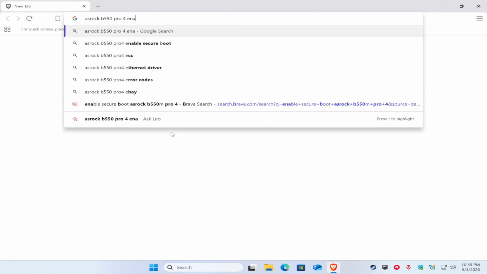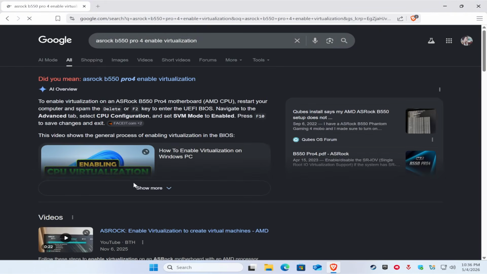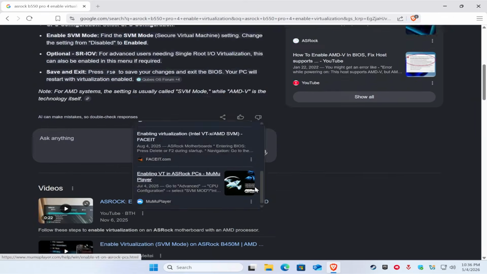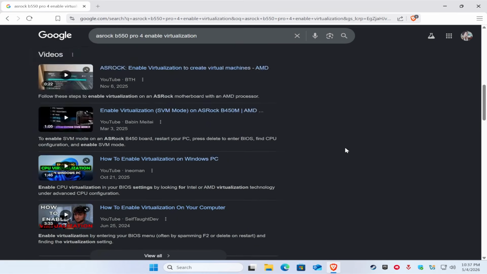All right, now close this one and find your favorite browser and just type down, for example, ASRock B550 Pro 4 enable virtualization. Yours may be different. You may have an ASUS or ROG motherboard. Just add in enable virtualization. Hit enter and you'll find results right here. You can follow this or find your specific manufacturer's PDF, or you can just follow the instructions right here from